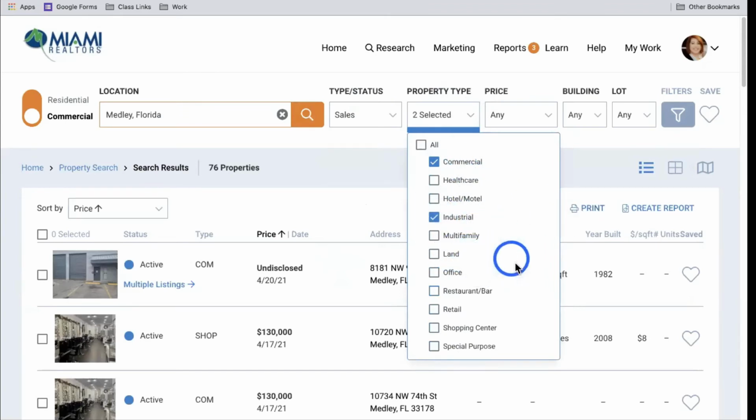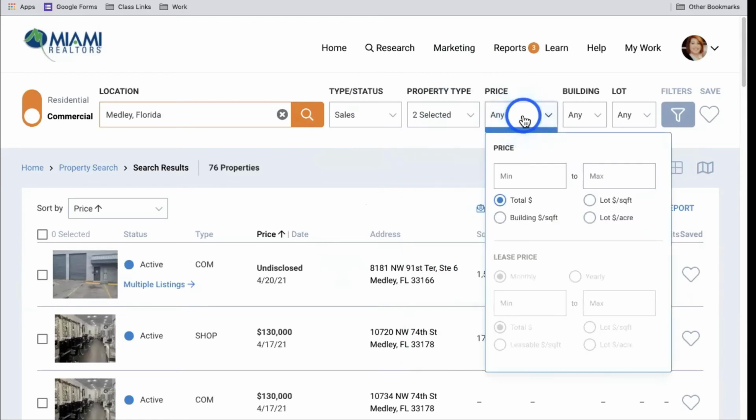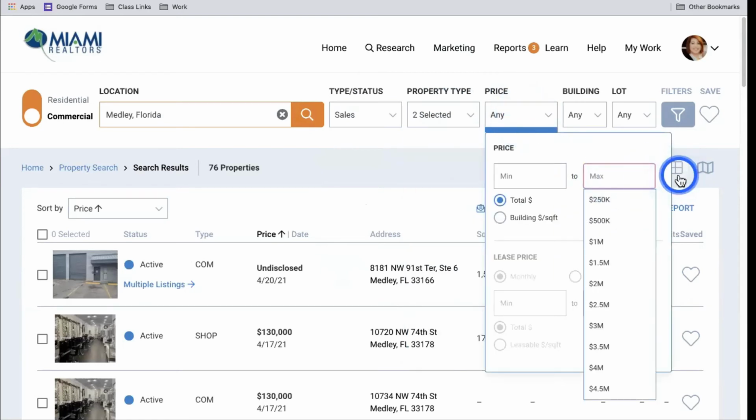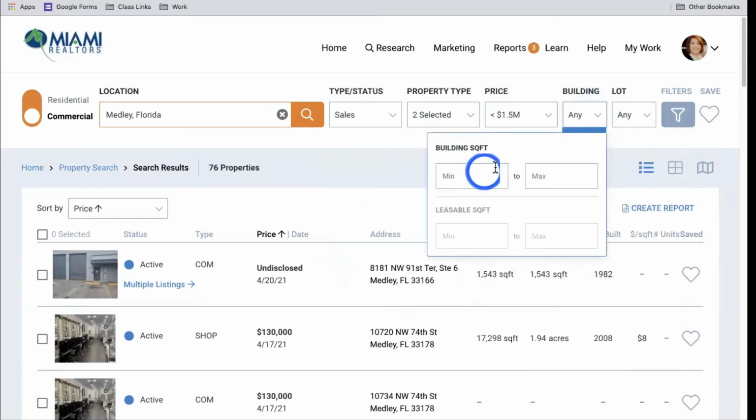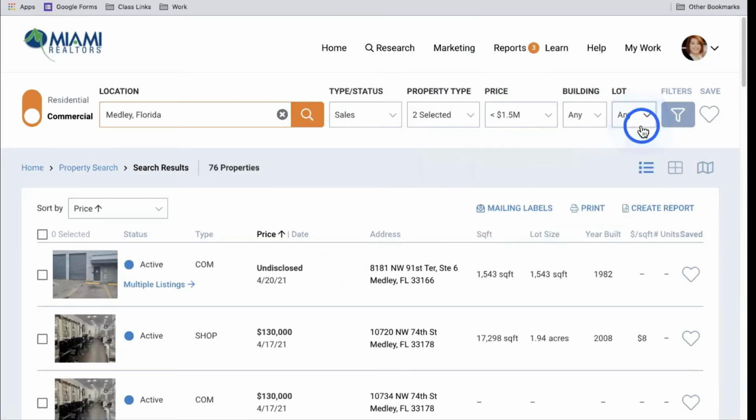You have land, you have office, restaurant, bar, retail, shopping center, special purpose, right? So I've checked off two, commercial and industrial. Price. Let's say my customer doesn't want to spend more than 1.5 million. Building, you can add in a minimum, a maximum, or a range for building square footage. Same with lot. If there's anything else you'd like to add, and realize as I'm entering this, my results are